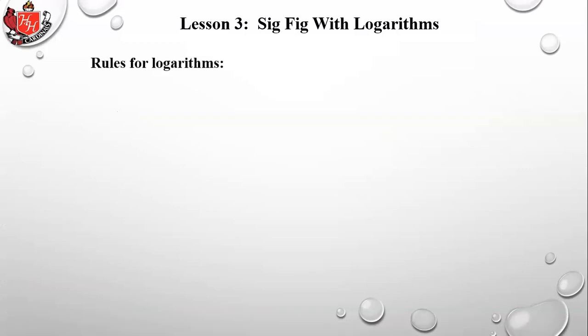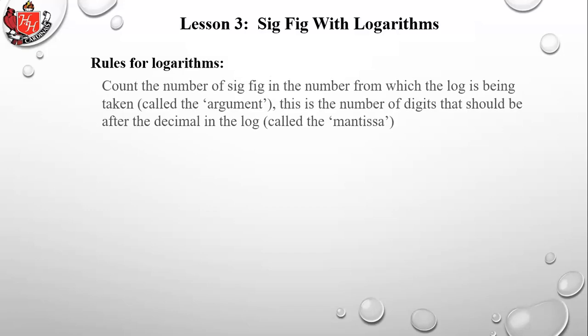Now with logarithms, there's a special rule. We won't get into all the math about logarithms, as I said before, but we're going to just talk about what the rule is and just kind of know it. So you count the number of significant figures in the number from which the log is being taken. That's called the argument. This is the number of digits that should be after the decimal in the log, called the mantissa. I know that's a completely confusing explanation, but let's just see an example and it won't be that